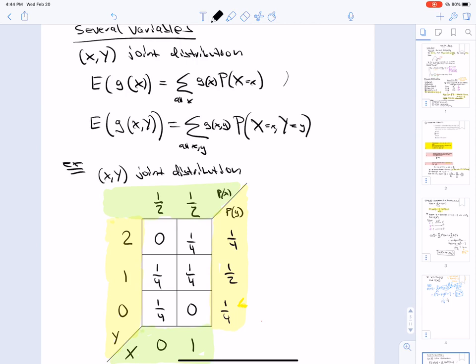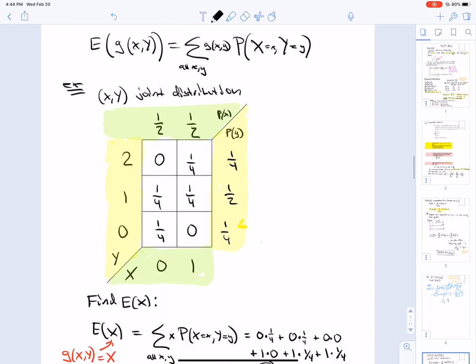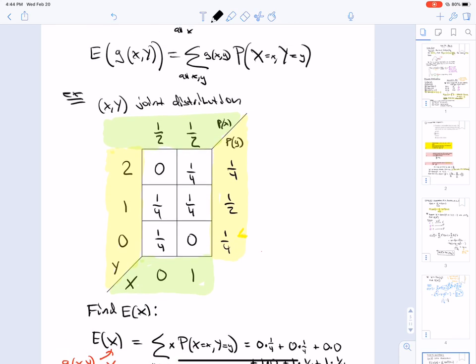So it shouldn't be that surprising that for multiple variables, the expectation of g of x, y is that we sum over all x, y's. So here we take g of x, y times the probability that x is x